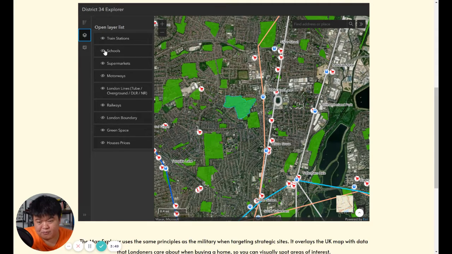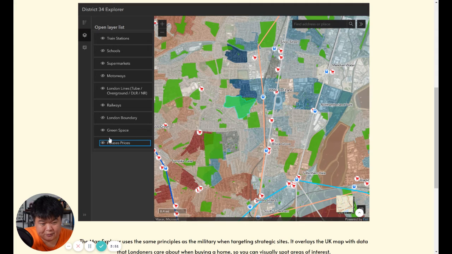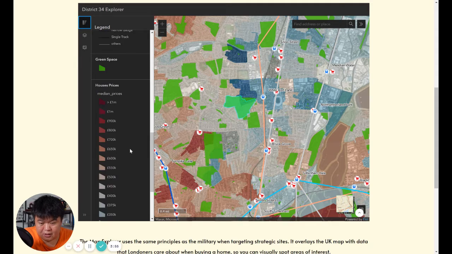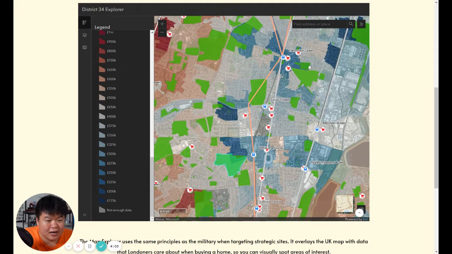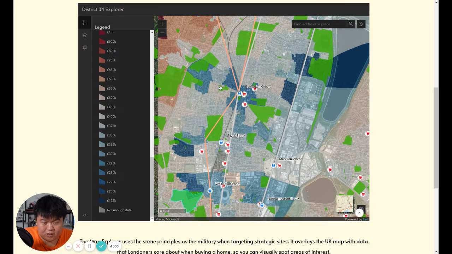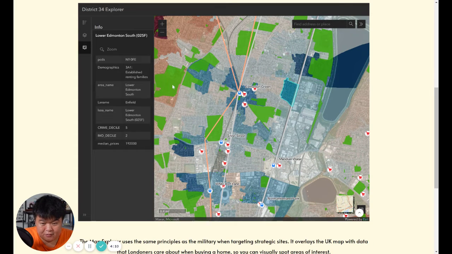You also have, this is important, house prices. So what you see here, and go back to the legend, is a heat map of house prices where dark red is above a million, and then blue is on the affordable spectrum, right? And you'll see pockets of affordability in different areas where you can click it and see this is the postcode. So use this postcode if you're interested to look at properties around